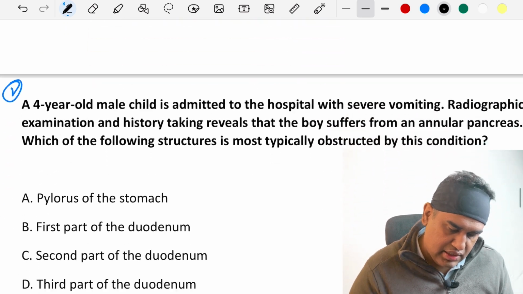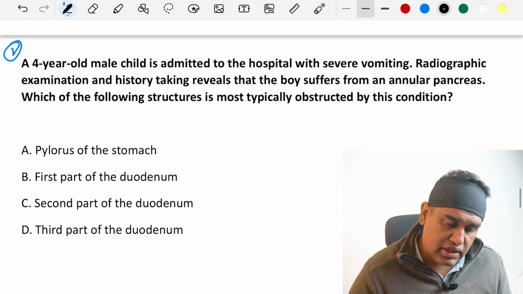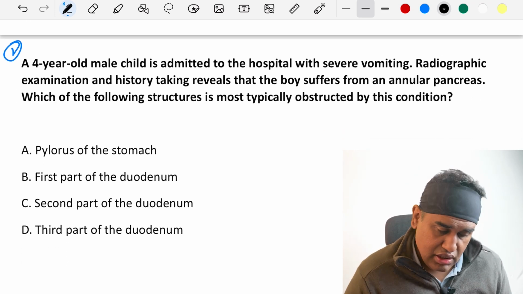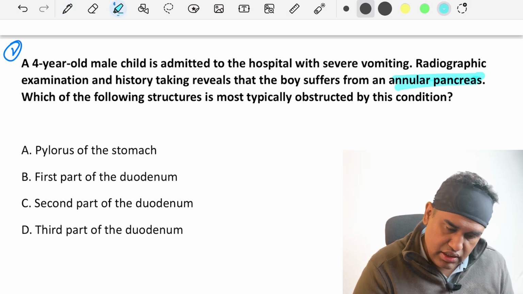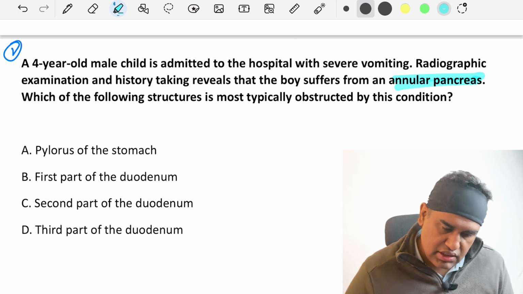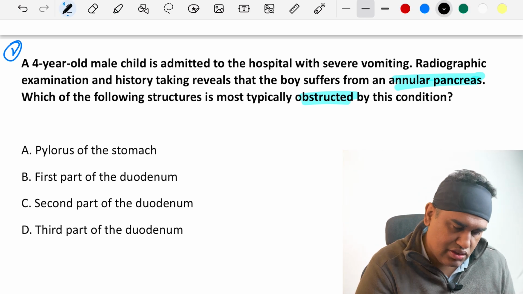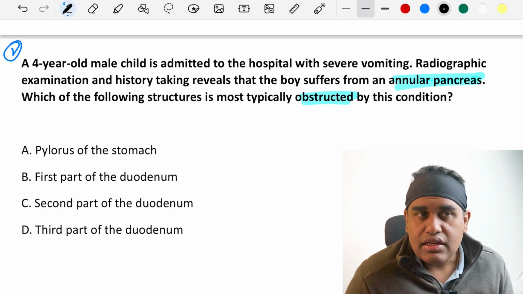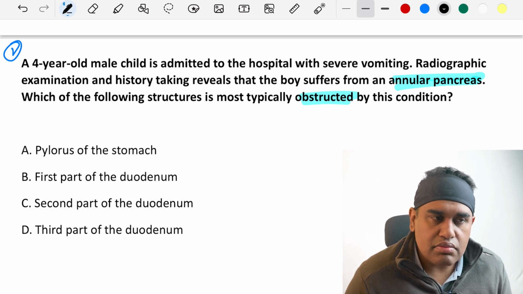Okay. Let's see the second question. A 4-year-old male is admitted to the hospital with severe vomiting. History taken reveals that the boy suffers from annular pancreas. Which of the following structures is most typically obstructed by the annular pancreas? That is the question. Annular pancreas is an embryological defect, so if you go to the basic, or the normal embryology,